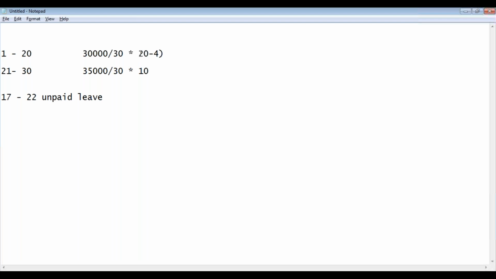The 17 to 20 is in the first partial period, and 21 to 30 is in the second partial period, and the absences also have to be split. If you do not split, you will not be able to arrive at the right value. Why do we need to split the absences also? It's because this has a different daily rate and this has a different daily rate. So here, 10 minus 2.